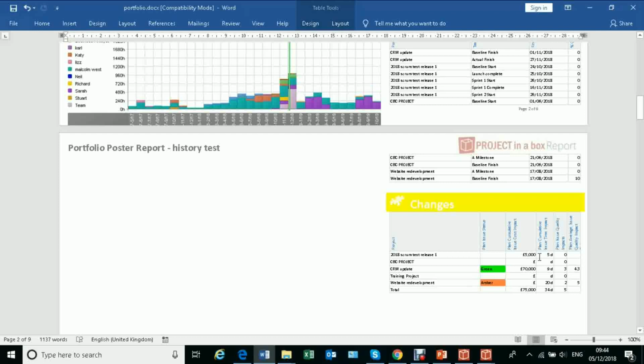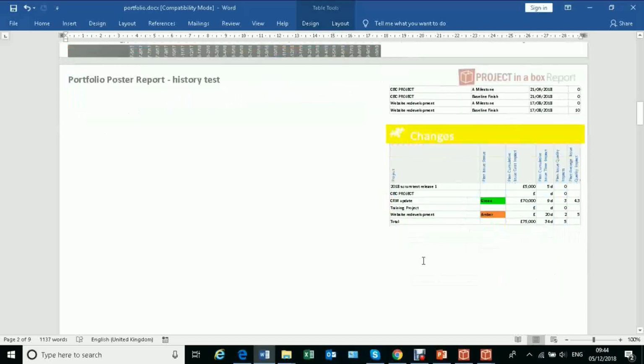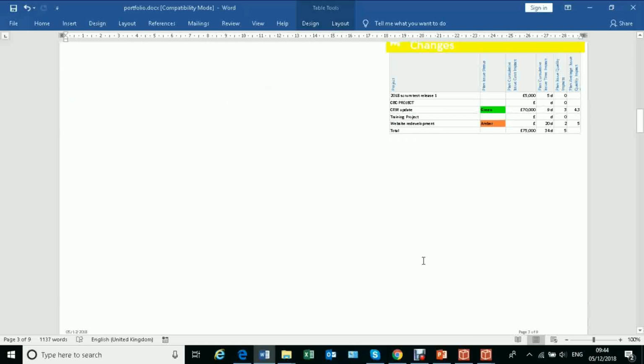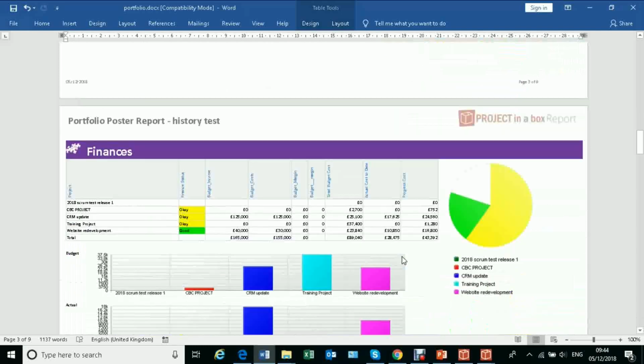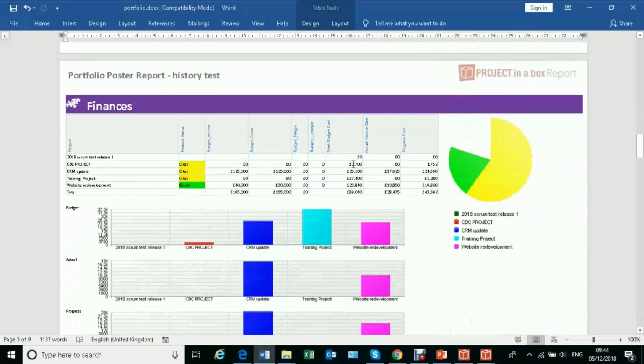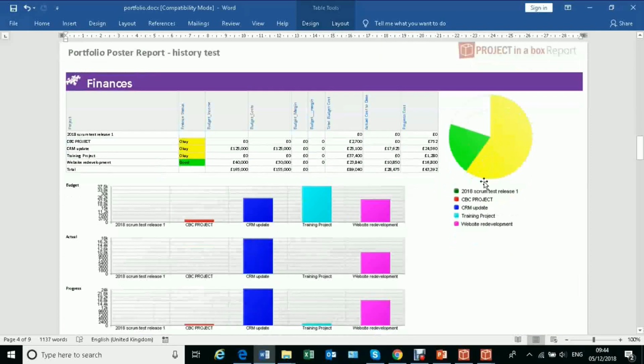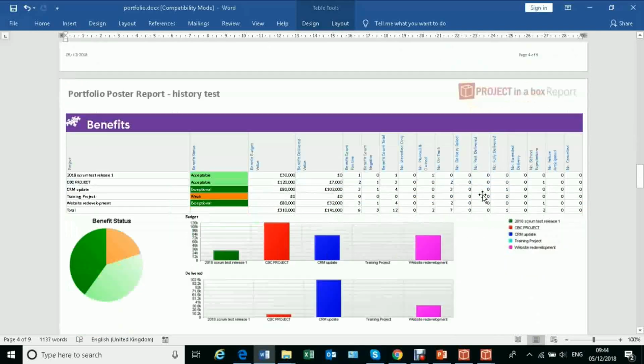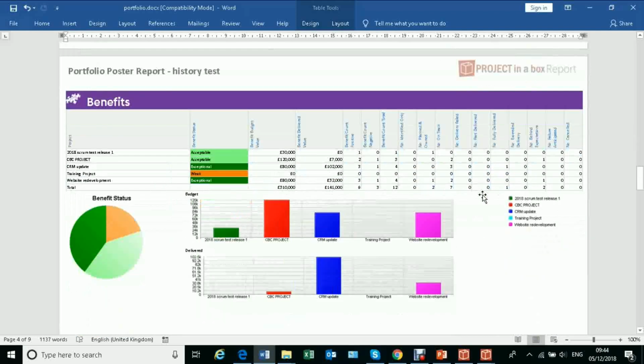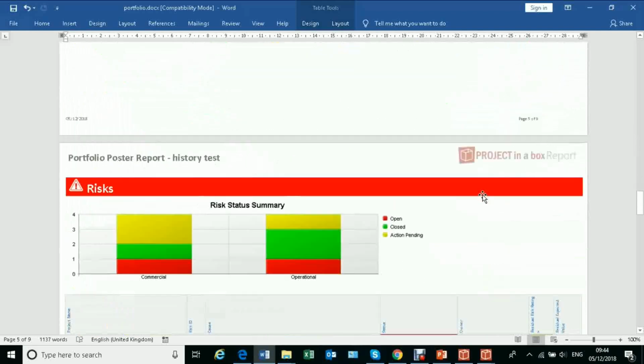And if we're working with tolerances, of course, this is really useful to understand where we are against our tolerances, at a project level, but also then at the portfolio level as these are rolled up. So this is portfolio, a collection of projects that we're dealing with. Then we've got a financial analysis, again bringing through a range of those different data from different places, charting them, looking at the statuses of those items, benefits in a similar sort of way, rolling up all that information, risk